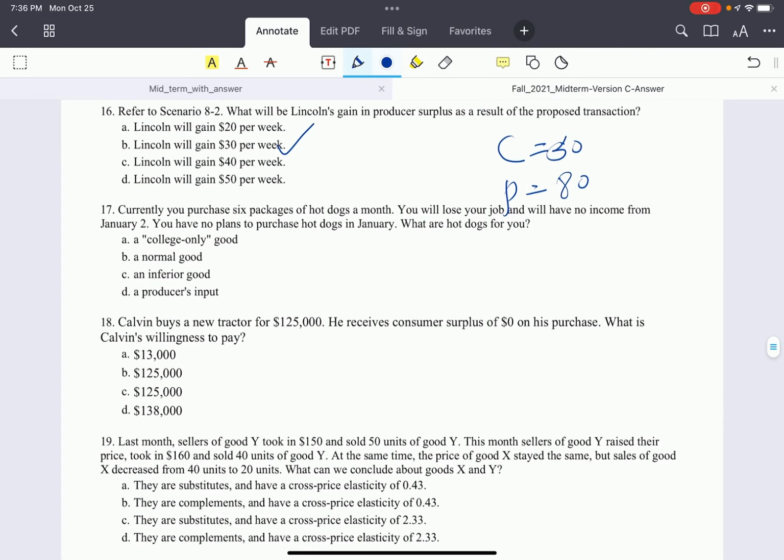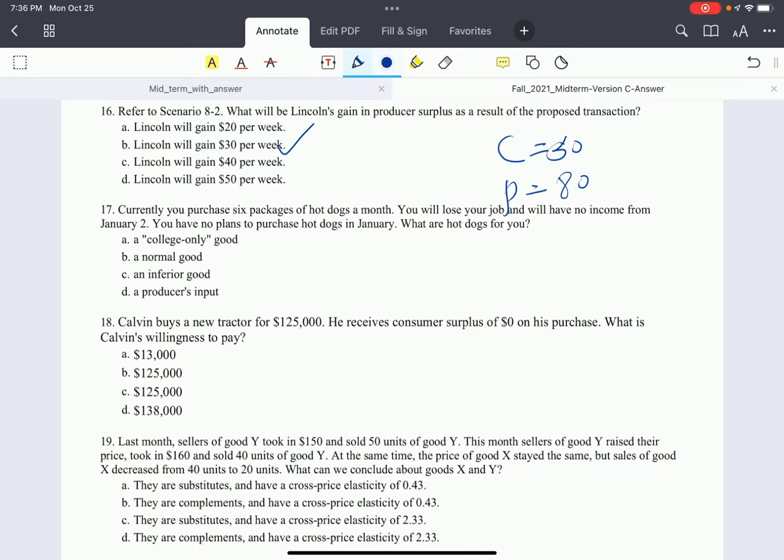Currently, you purchase 6 packages of hot dogs per month. You will lose your job, and you will have no income from January. You have no plans to purchase hot dogs in January. What are hot dogs for you? So here, what you can see is,